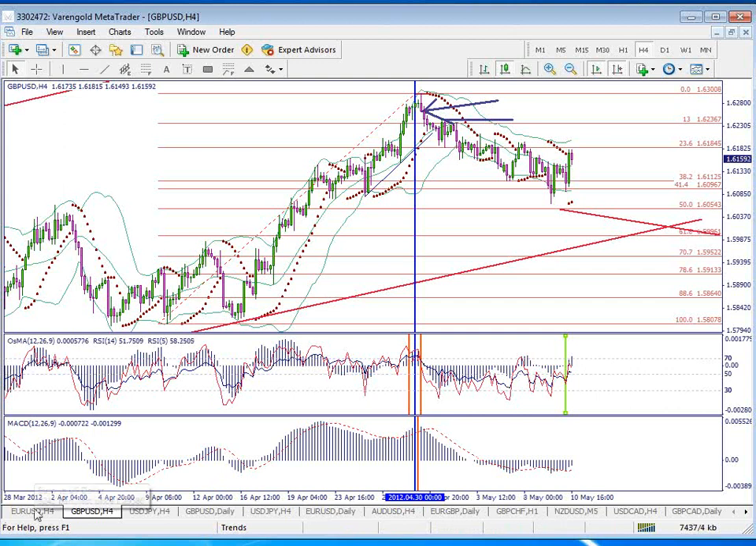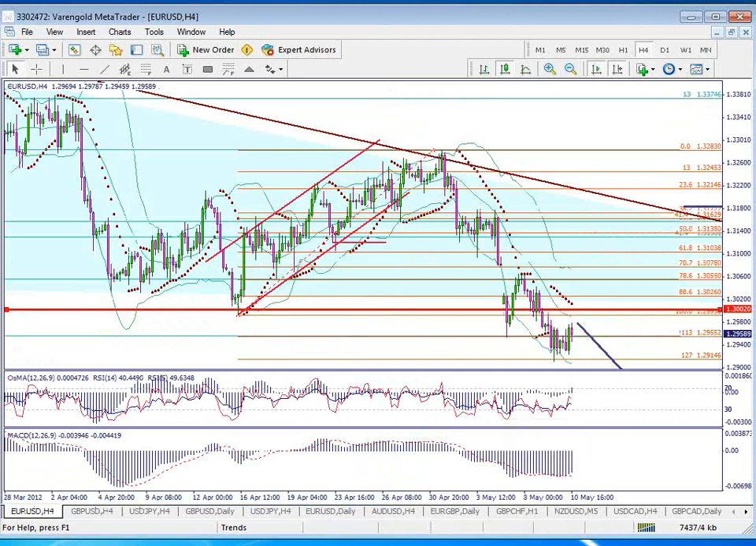So we have some question for that pattern on euro dollar. Thomas said, are you saying not to buy now but to wait to sell? Yes, I think that for the moment